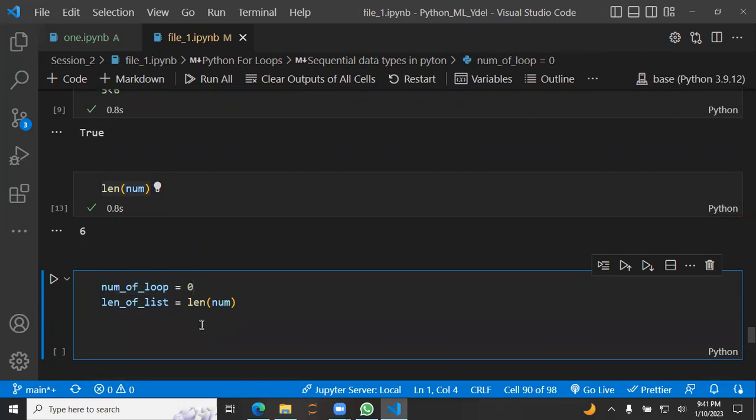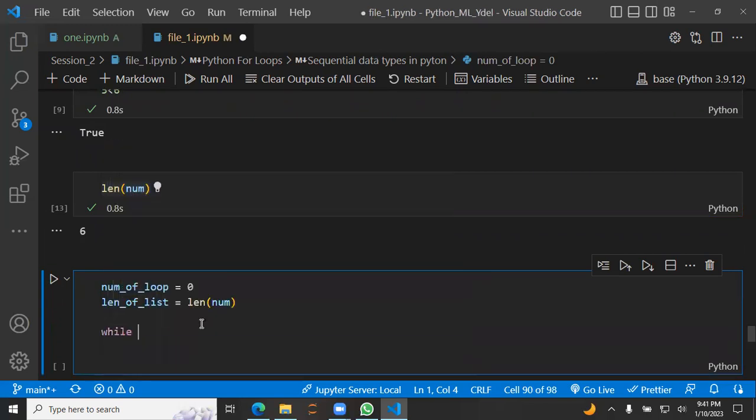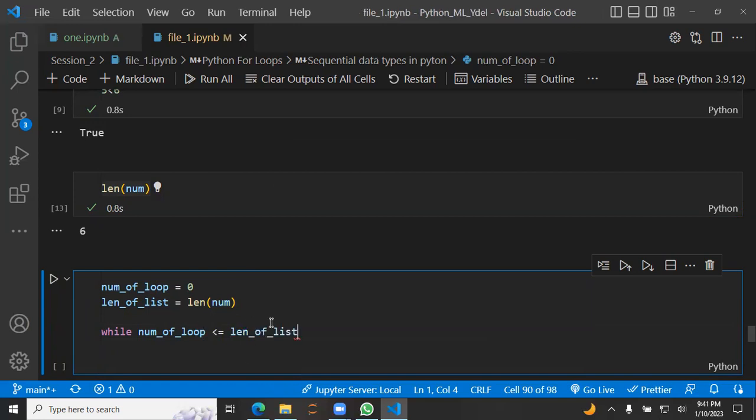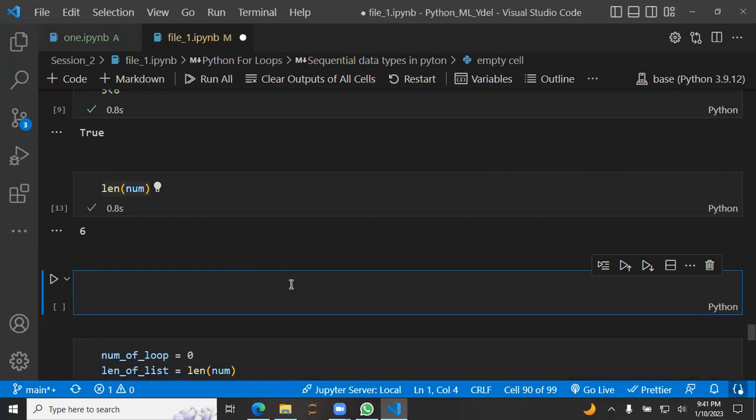Yeah, okay. And we write while number of loop is less than, or it can also be equal to, length of list. What I really mean here is